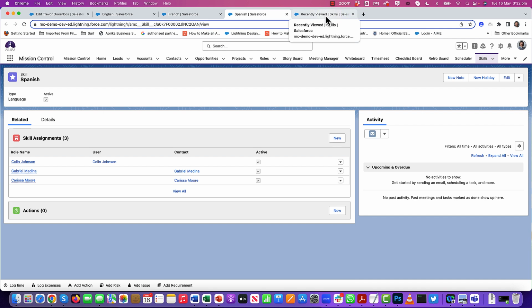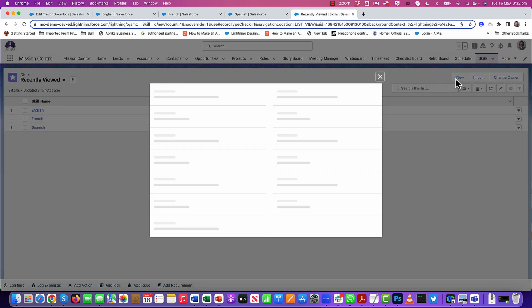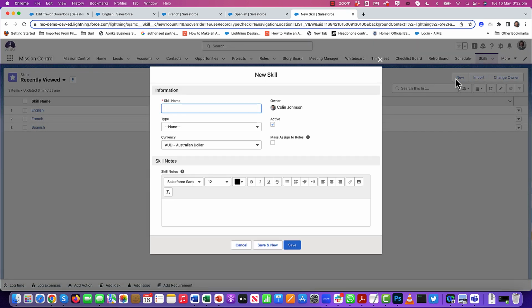So when you're creating a new skill, you can choose to assign that to anyone that already has an existing skill with the same type. So in our example, I'm going to say I'm creating a new skill for Italian, and I'm going to mark that as a language. And I'm going to set this field to true. So what that will do is run through, and any role that already has an existing skill assignment for a skill with a type value of language will also be added. They'll be assigned this new skill as well. So if I click on save there